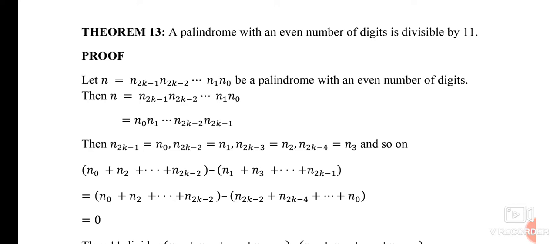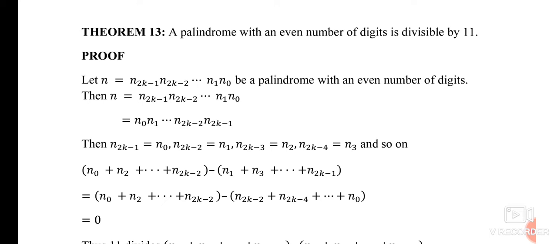Similarly n_{2k-3} equals n_2, n_{2k-4} equals n_3, and so on. The above divisibility test for 11 states that if 11 divides the difference of the sum of digits at odd positions and the sum of digits at even positions of a number, then 11 divides that number. So we find that